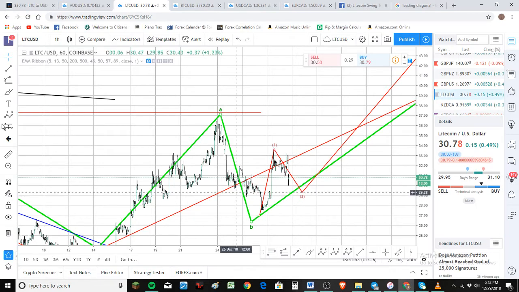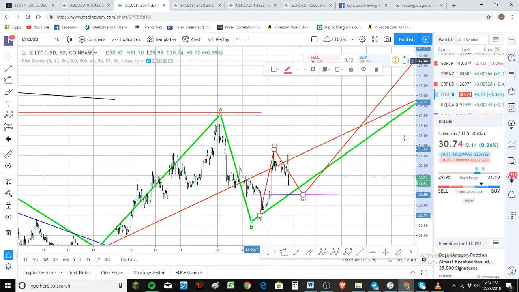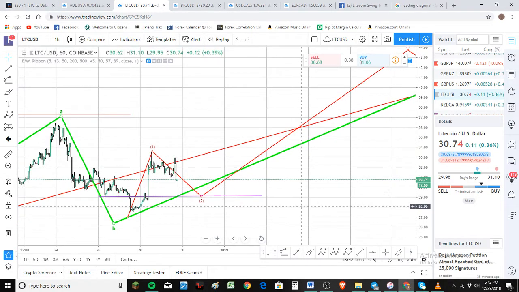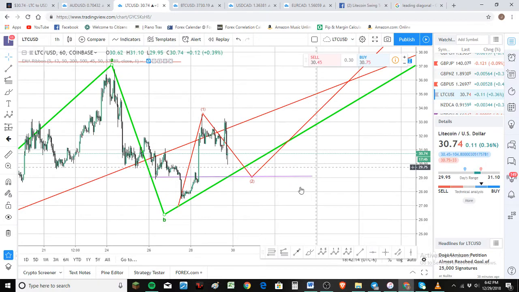Right in here, you see this resistance area. If you wonder how we predict landing points, you just kind of see where price landed. So price landed there about the $29 mark. It's probably going to wick down to 29 and keep on rocking up from there. So everybody's trying to be shaken out right now. And listen, this is what the market makers do. They know where they're going, and we know where they're going too. And it's up and down, up and down. It could be fast, it could be slow. You've got to keep your even keel and understand, hey, we're expecting these ups and downs.